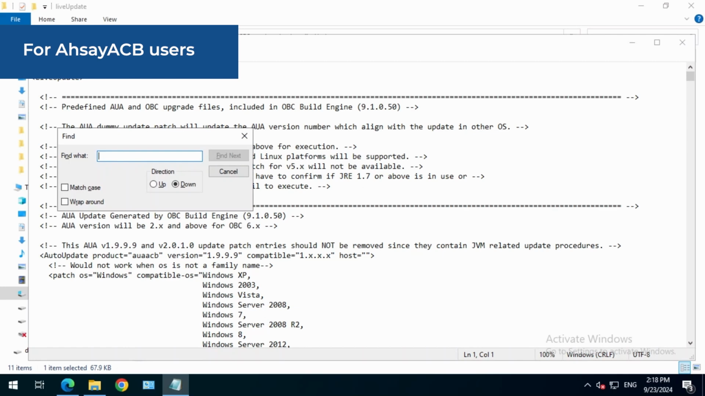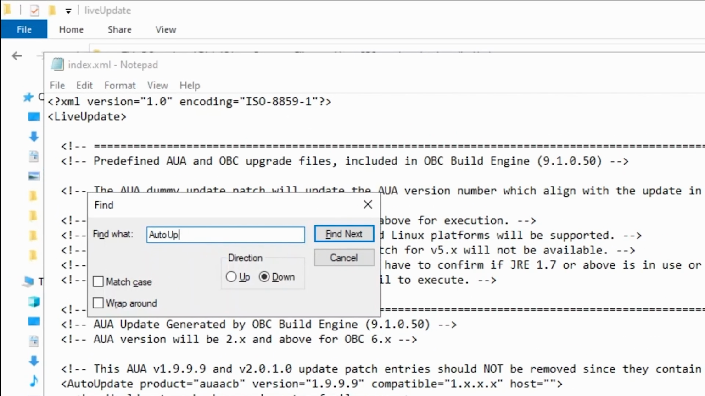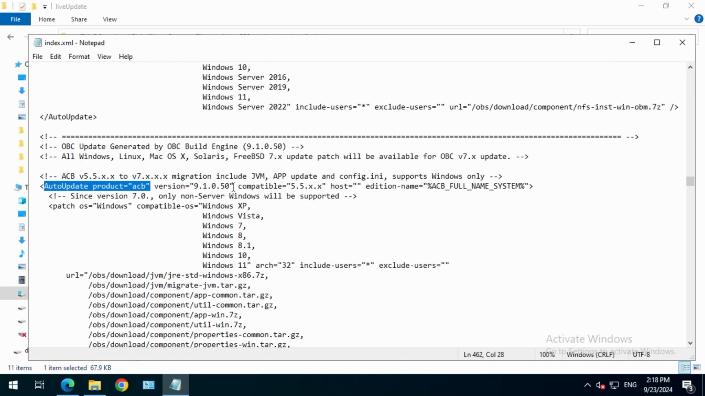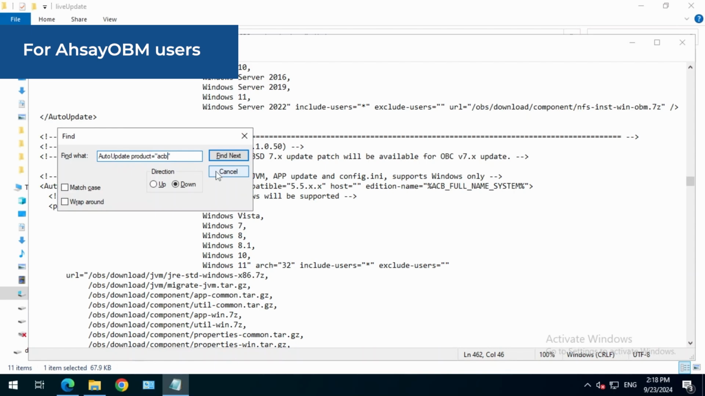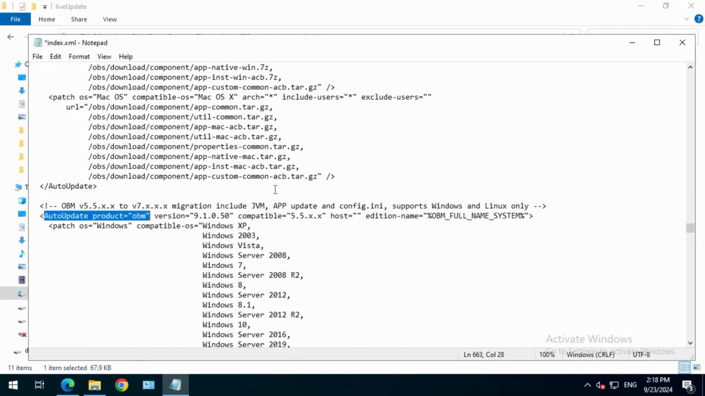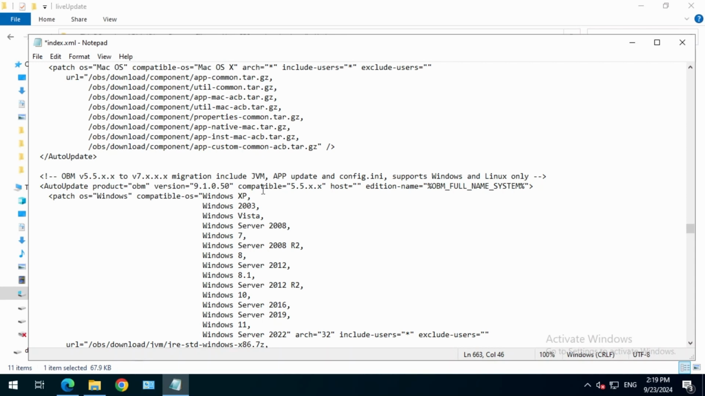For AhsayACB users, search for auto-update, product, and then ACB. Increment the version variable, which is 9.1.0.50, by one revision version to 9.1.0.51. For AhsayOBM users, search for auto-update, product, and then OBM. Increment the version variable, which is 9.1.0.50, by one revision version to